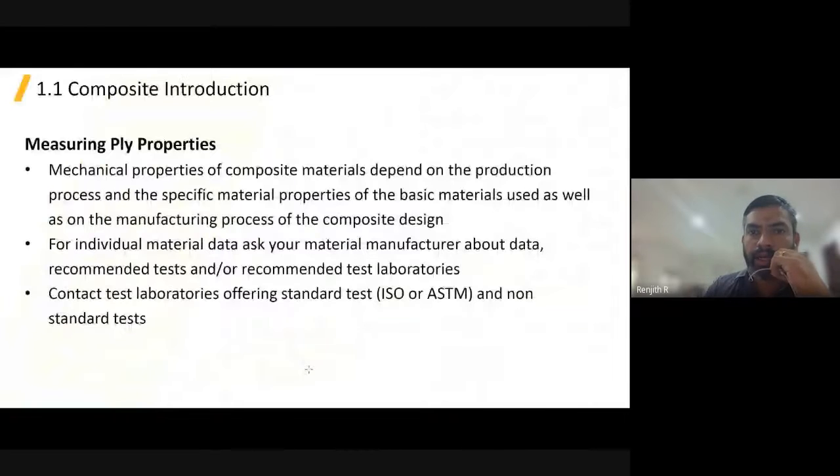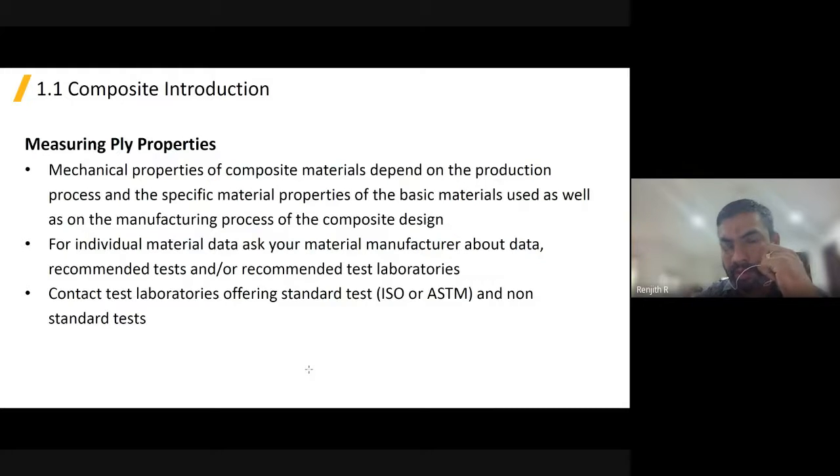Next, how to measure the ply properties. Up to this slide, we discussed how to find them with the help of numerical equations, the mathematical approach. But from here, I want to explain how to calculate these material properties with a standard test. Because most of the time, if you are using finite element analysis, the inputs must be a quality